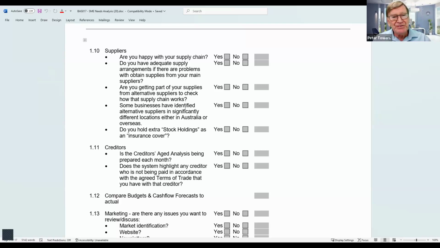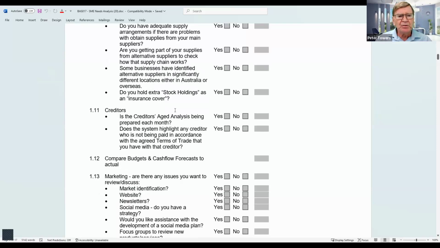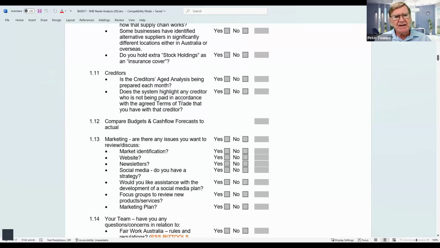And if that supplier happens to be unique in the Australian situation, your client has to make sure that they can comply. So it's a high priority area to make sure that those suppliers are being paid in accordance with their payment terms. What about marketing? Now, you're not a marketing expert, I assume, but you can raise some questions just as you would if you were the CFO